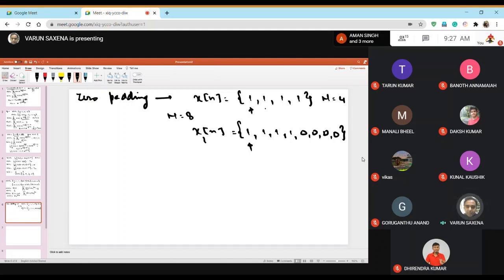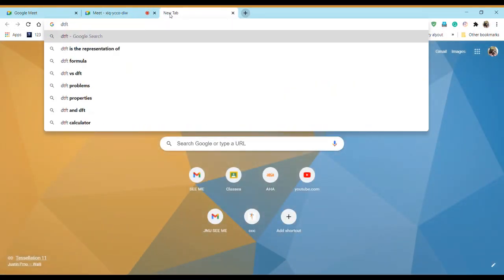Now it may seem to you that just adding zeros, what difference would it make? But it makes a lot of difference, and I want you to see for yourself. You already know what the DFT is for capital Xk, and that happens to be 4, 0, 0, 0. I want you to evaluate what will be the DFT for x1[n], and tell me what it is. Start working it out and tell me what it is. This is a problem I'm asking you people. Give me these values.